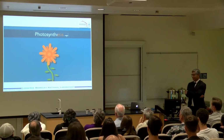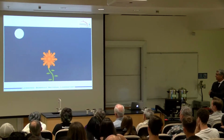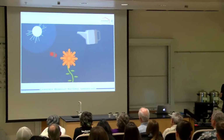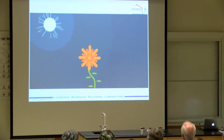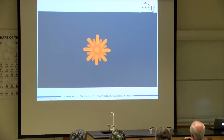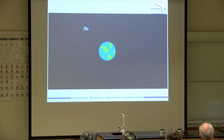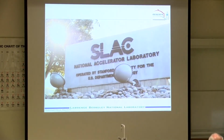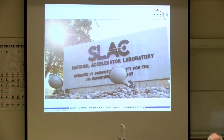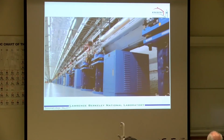You're probably familiar with photosynthesis, the process by which plants, algae, and other related organisms use light energy to convert carbon dioxide and water into sugars and oxygen. This incredibly important multi-stage process is not only responsible for providing most of the energy necessary for life on Earth, but also for maintaining the oxygen in our atmosphere. Now, using the high-energy X-ray laser pulses produced by SLAC National Accelerator Laboratory's Linac Coherent Light Source, scientists at Lawrence